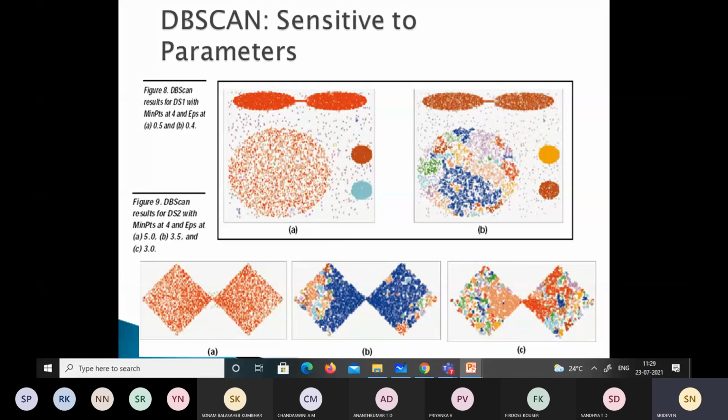So when we select these DBSCAN parameters, we have an issue: how to determine the parameters EPS and minimum points. The basic approach is to look at the behavior of the distance of a point to its k-nearest neighbor, which we call the k-distance. For points belonging to the same cluster, the value of the k-distance will be small if k is no larger than the cluster size. There will be some variation depending on the density of the cluster and the random distribution of points.